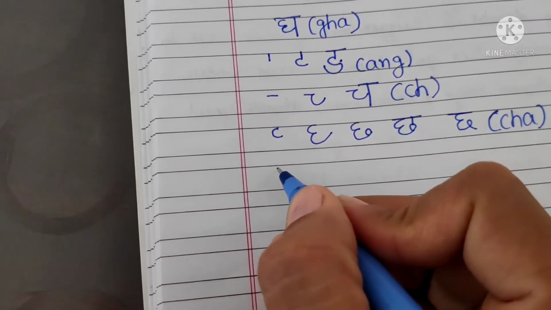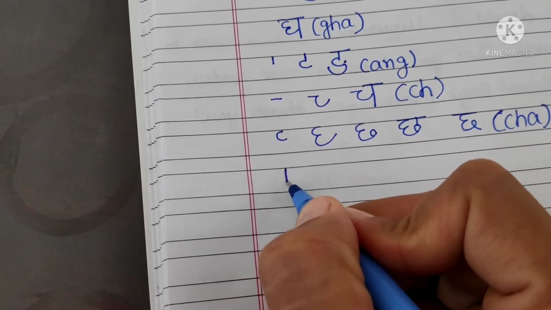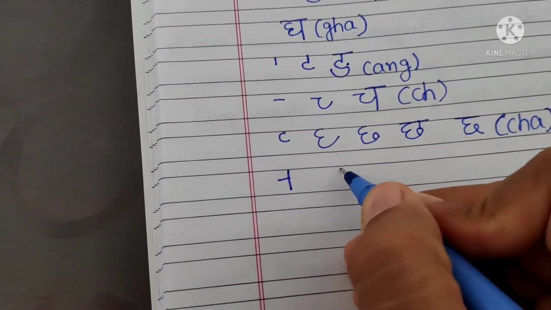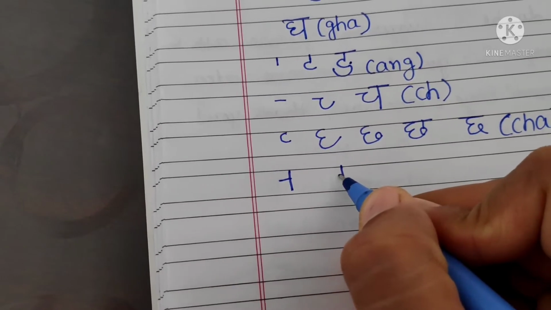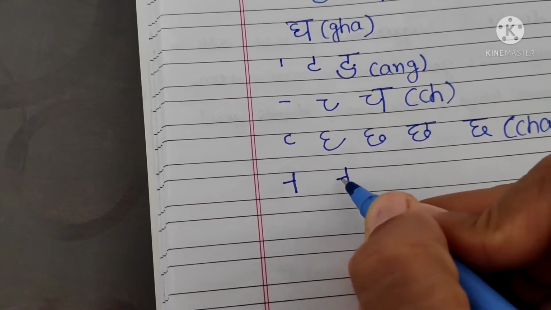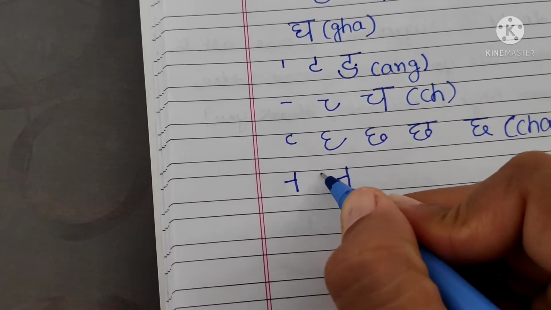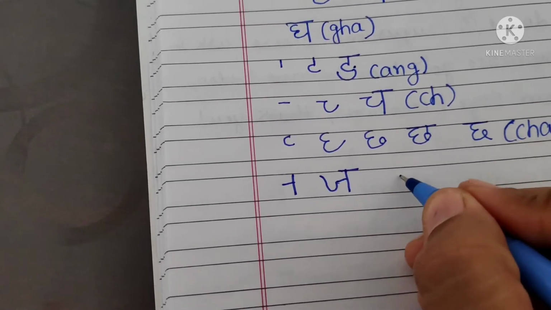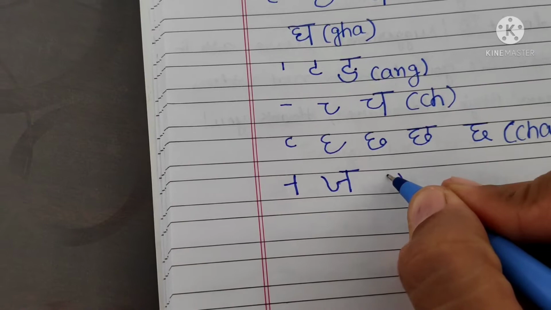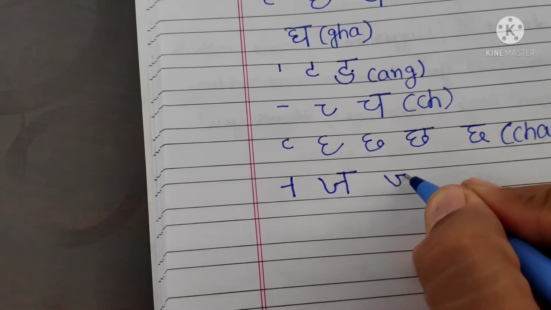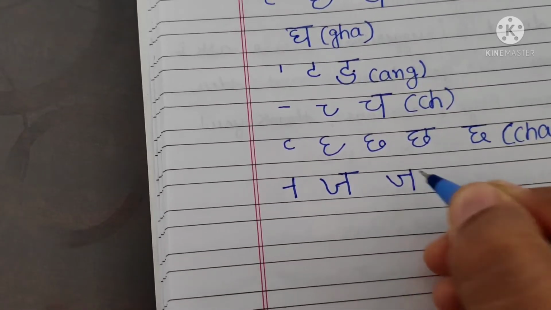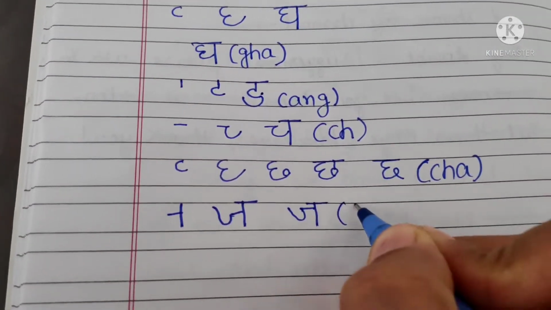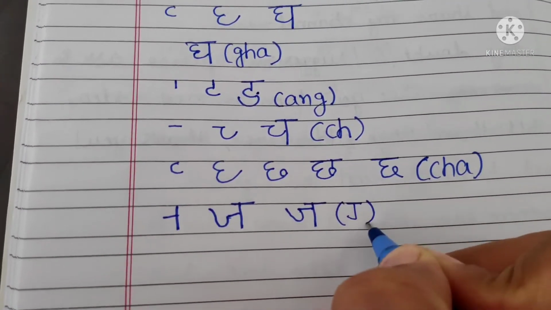So how we write j? First put standing line, sleeping line, again repeat the step, standing, sleeping, and then turn like this. So this is our j. One way also you can write like this, simply do like this, then sleeping line and then standing line. So this is our j. So this is our alphabet j.